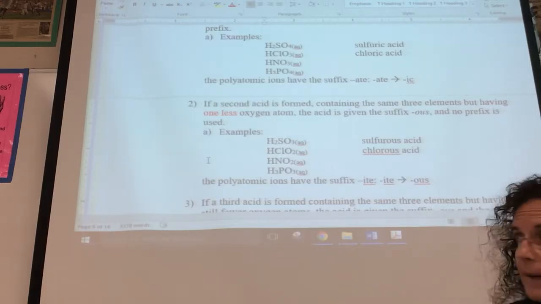So in this next section, if we take the same approach where we have the polyatomic anion, and we have the chemical formula, and then we have the acid name,